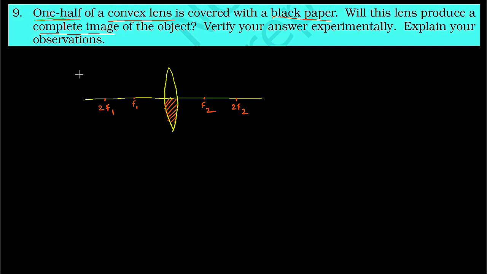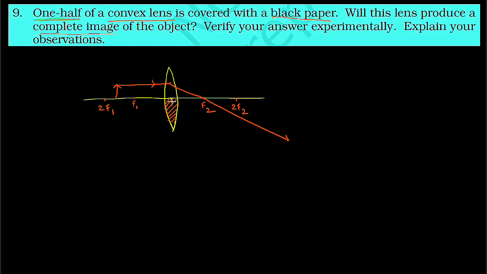So now we will try to form some images using this lens. Though I have given some names as focal length or like that, first we will consider the image object in between focus and the center of curvature, between F1 and twice F1. Theoretically, the image should form beyond twice F2, the main result. So this is one ray, and after the refraction, the ray will pass through the focus, like that.